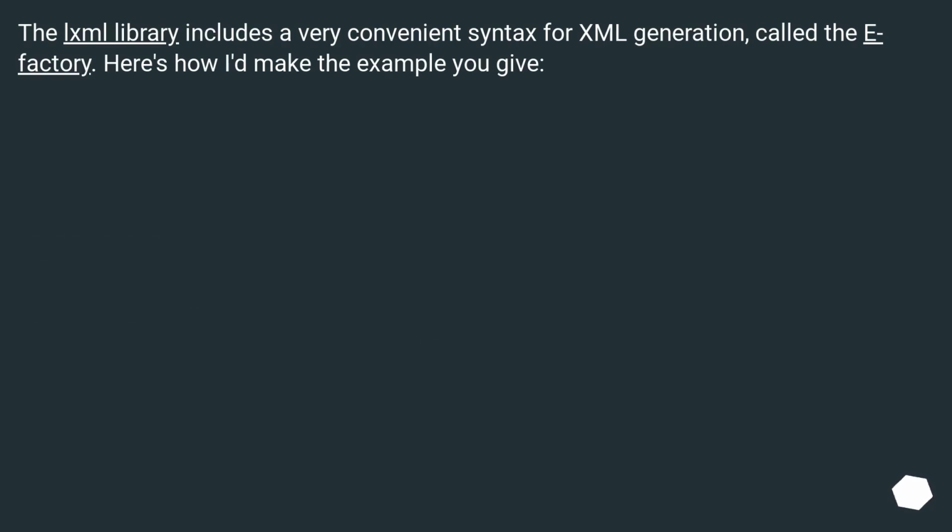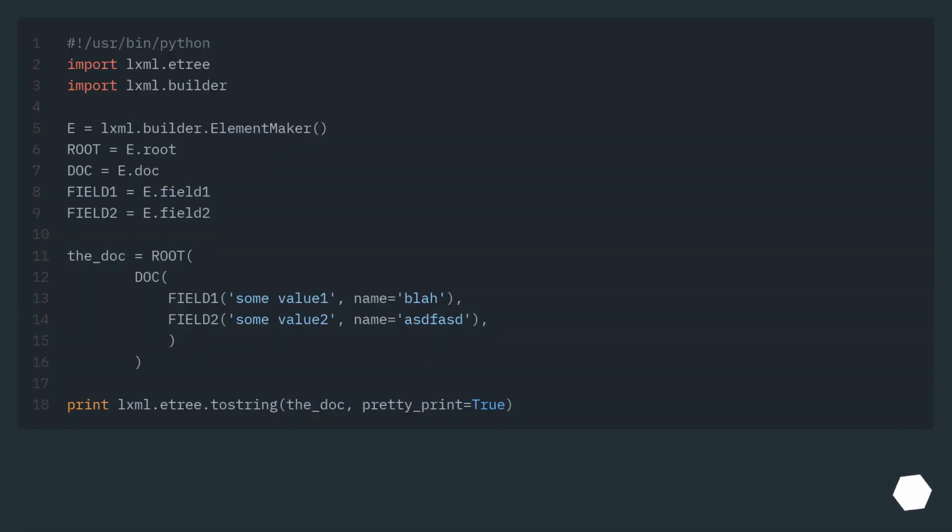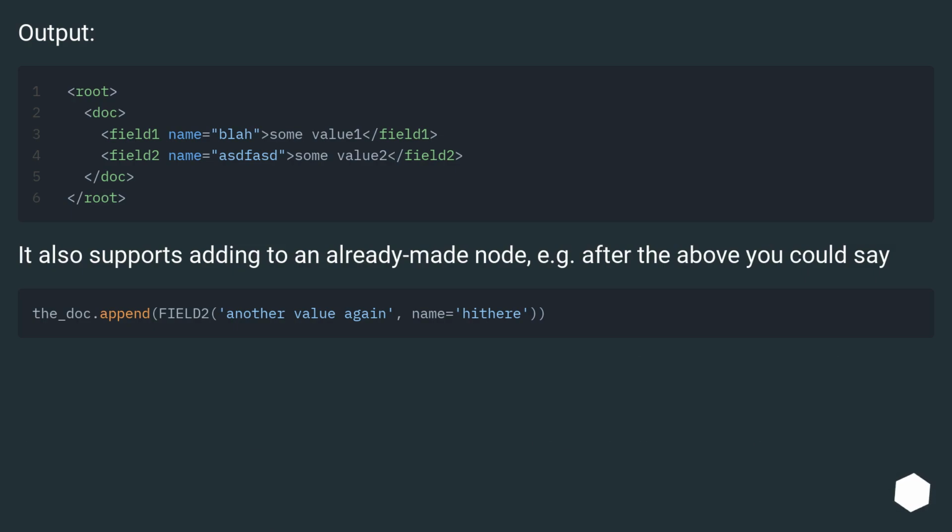The lxml library includes a very convenient syntax for XML generation, called the E-factory. Here's how I'd make the example you give. Output. It also supports adding to an already made node. For example, after the above you could say,